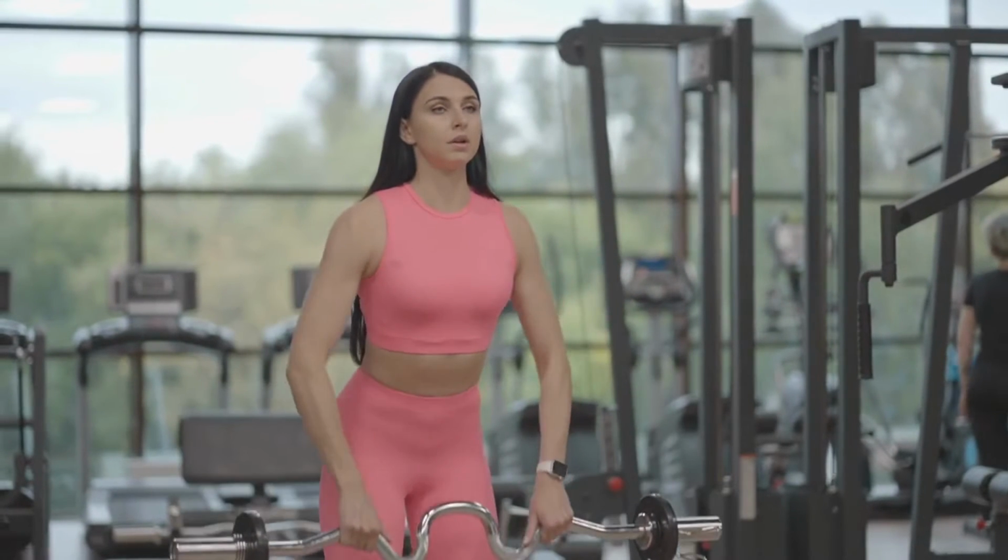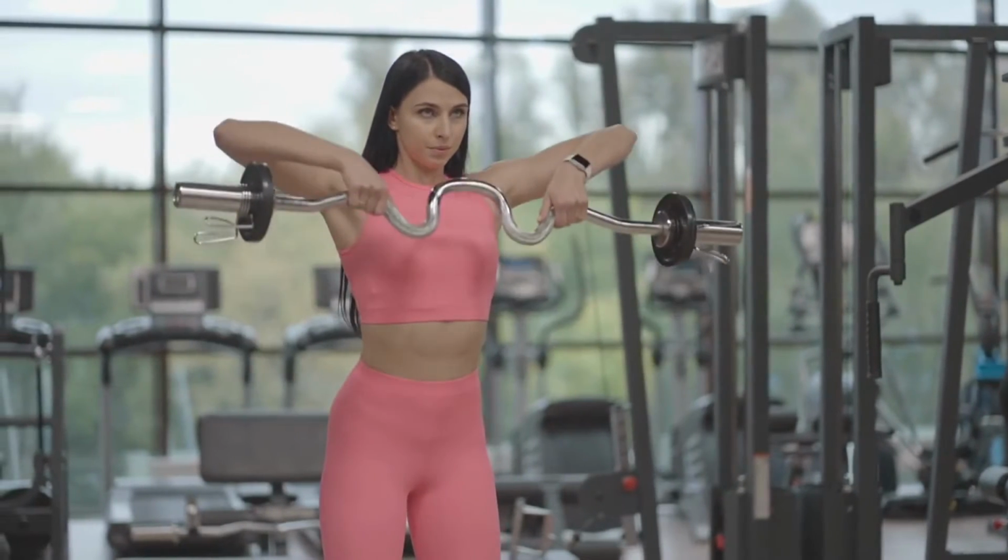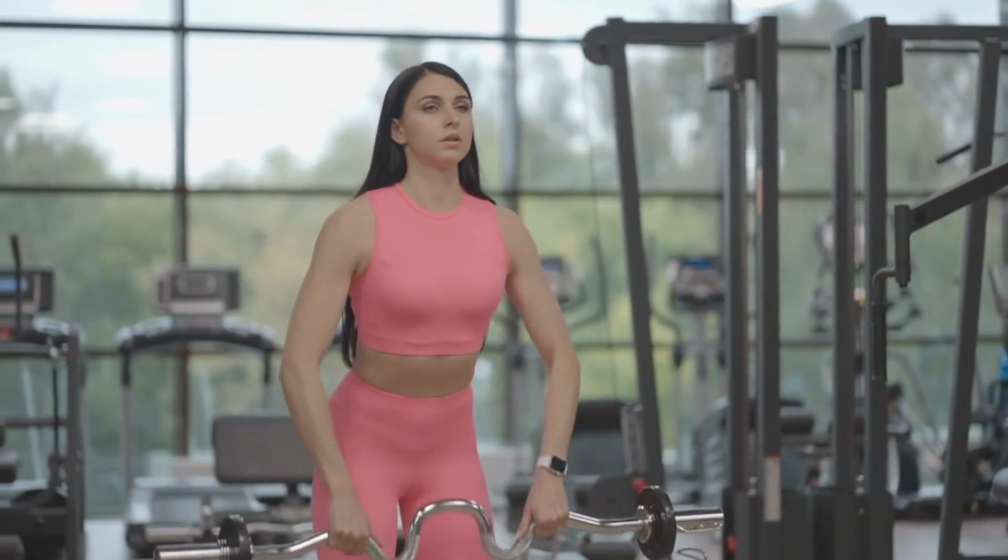Regular physical activity is crucial in counteracting drug-induced weight gain. Incorporating both cardiovascular exercises and strength training can help burn calories, increase muscle mass, and boost metabolism. Even small changes, such as taking short walks after meals or engaging in moderate exercise regularly, can make a significant